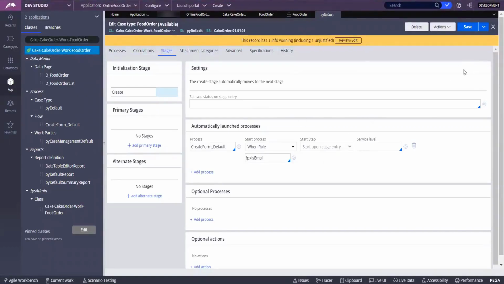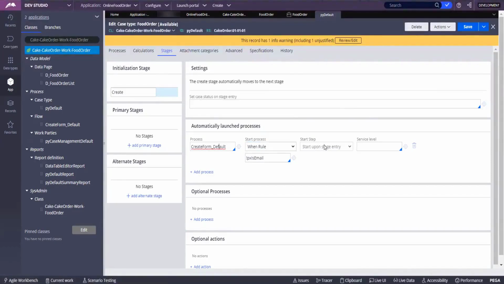On the right side, there are automatically launched processes for the create stage, which automatically move to the below. Yeah, on this, automatically launch.